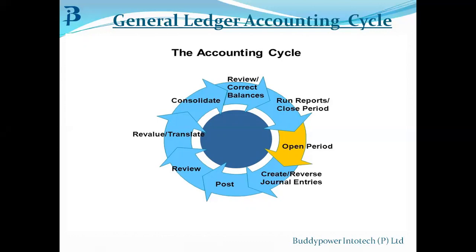Now let's look into the 8 steps of the accounting cycle, which ensures accurate capturing of the company's accounting transactions. First, you open the accounting period. Then you enter the manual journal entries, like standard or statistical journal entries. You import journals from your sub ledgers. You correct or delete journal entries that failed during the import process. You can even import your journal entries through spreadsheets using FBDI and ADFDI technology. In case any errors have happened, you can make all those corrections at this stage, after opening the period.